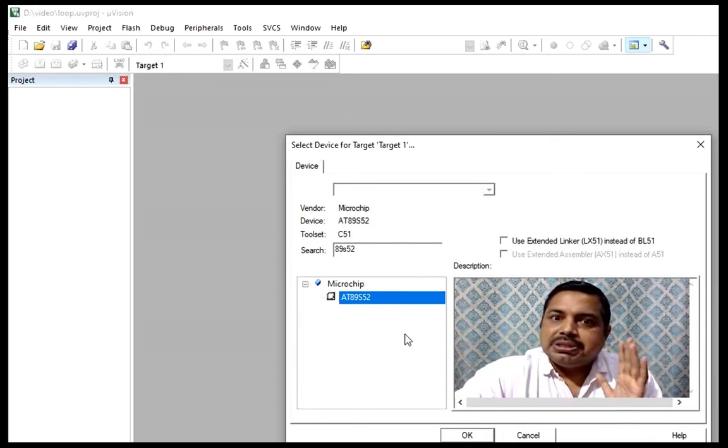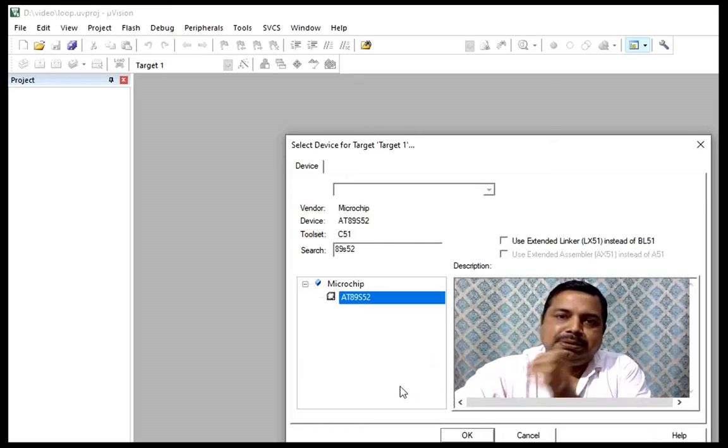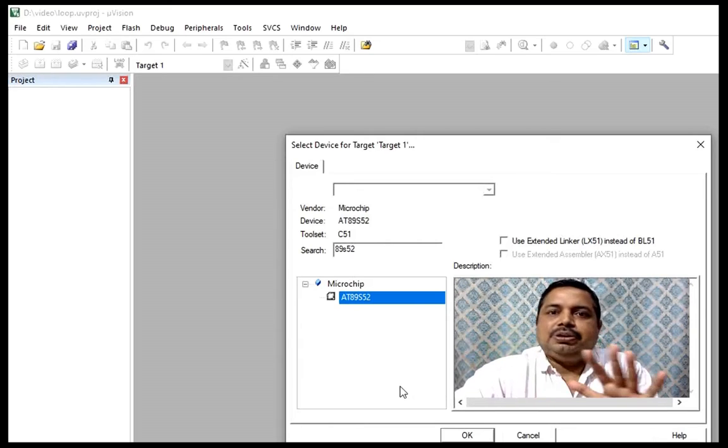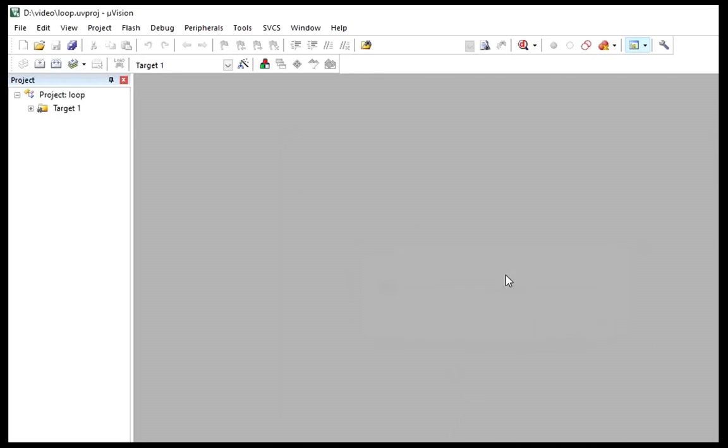This is the simplest controller to learn embedded systems. We are not learning 8051 here; we are learning embedded systems using this. Keep this in mind. Don't think this is just 8051. It's a very strong, very powerful controller, and it's enough for your learning. Later on we will have ARM and other controllers, and you will be able to do it. We will have videos for that also, so nothing to worry. So select your controller. We don't want a startup file.